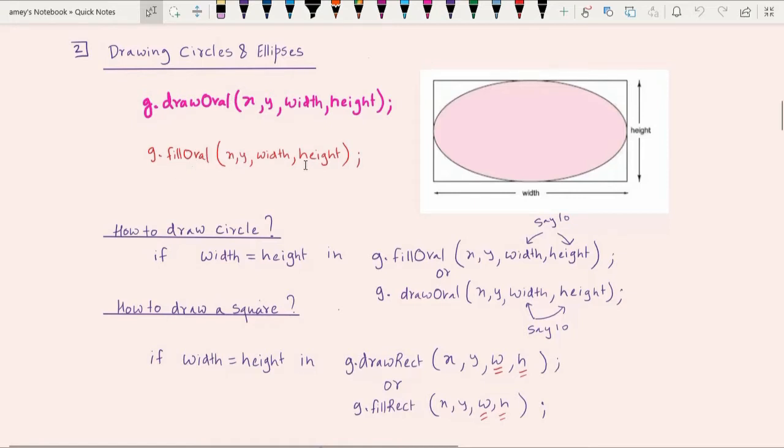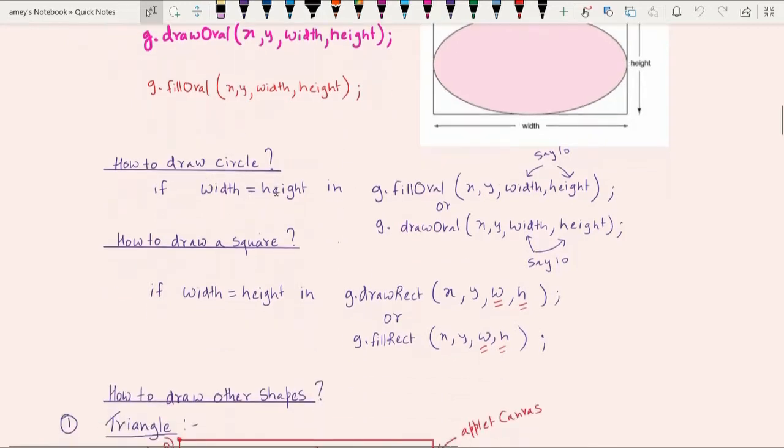Now the question is, if oval is the only method available, how do we draw a circle? A circle is a figure wherein the width and height are the same, because we have a diameter and a radius, and that radius is the same throughout, and that's how it becomes a circle.